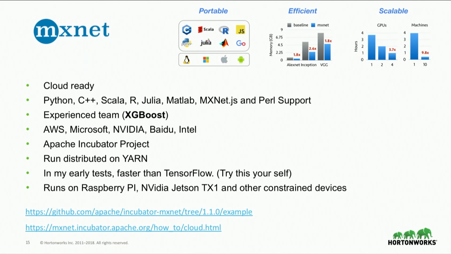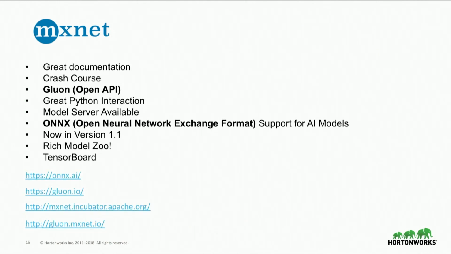It's in Apache. It's ready now. It's in version 1.1, extremely stable, maybe more stable than those other guys. That's debatable. But you could go there, pip install MXNet. There's a bunch of requirements behind that, but that's it. I have it running on this laptop. I have it running on a Raspberry Pi, an NVIDIA box, and a CentOS server. You'll see I got it running in more places than anyone recommends.